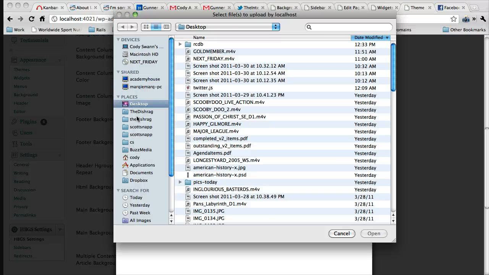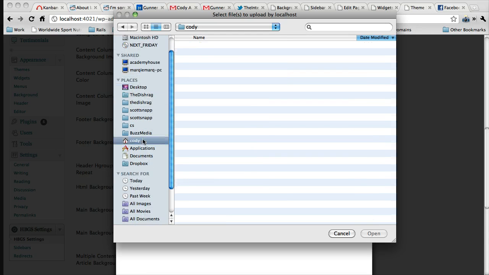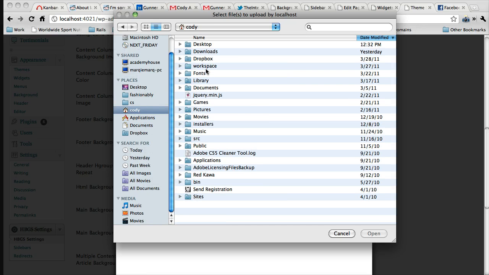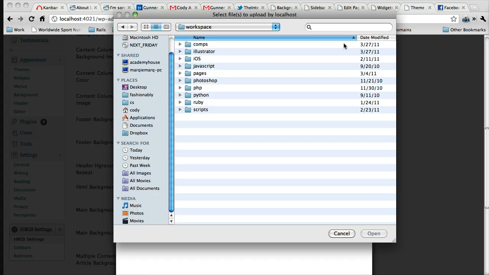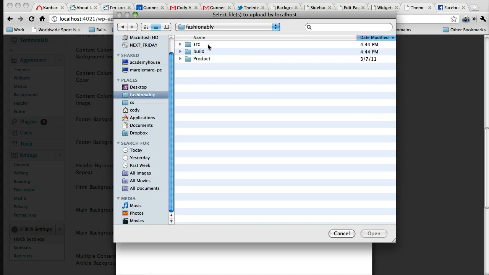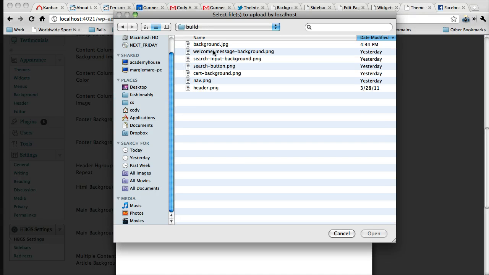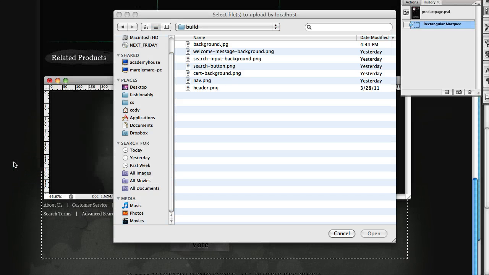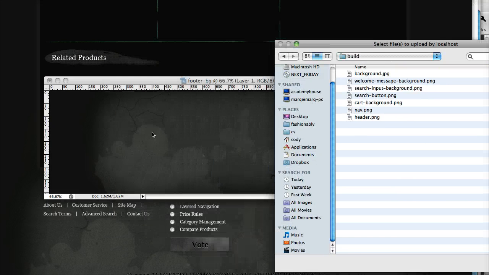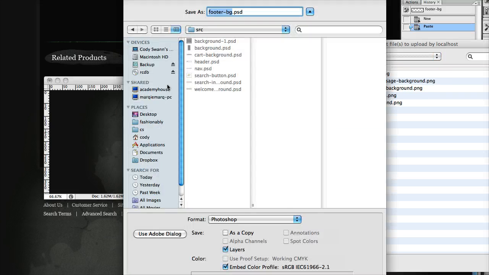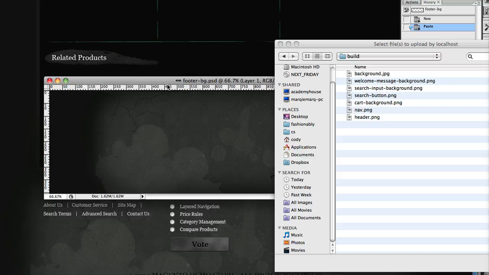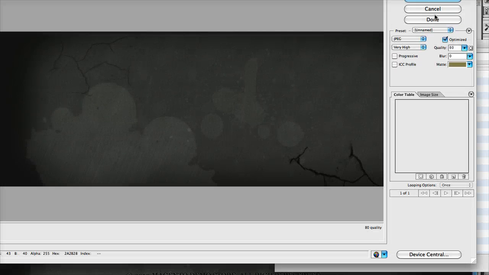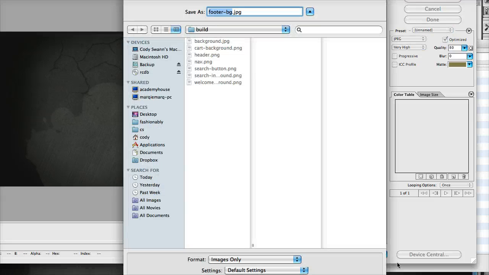And while you were sleeping, I went ahead and cut up this image. Let me see if I can find this real quick. It's in our workspace, comps, build, and I haven't saved it yet. Perfect. So we'll save this real quick. There it is. Save the source first, and then we'll export the JPEG. And we're exporting the JPEG since there's no transparency on here. If there was transparency, we'd use